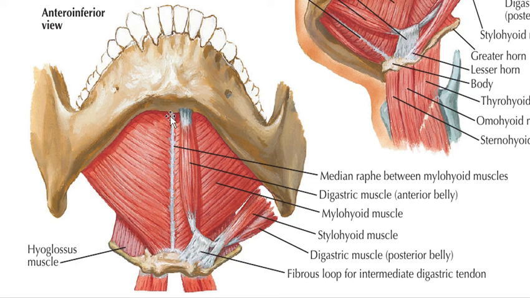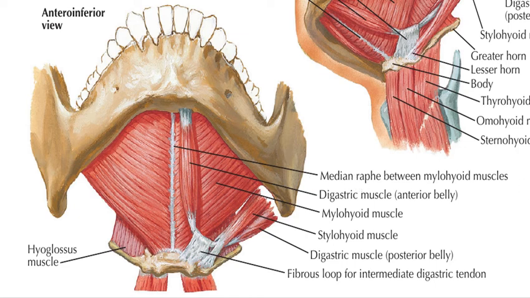So look at this, this is the median raphe, a white line spanning between the symphysis menti and the hyoid bone. Oblique fibers of the mylohyoid muscle attach from both sides. As I said, these are mirror images attached onto this median raphe, and finally this muscle is attached to the hyoid bone. So whenever this muscle contracts,